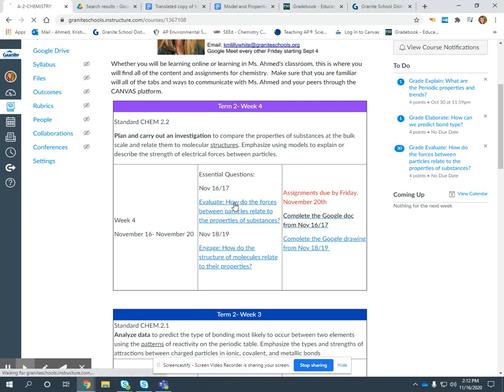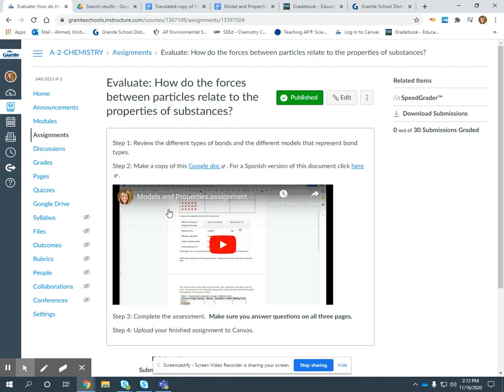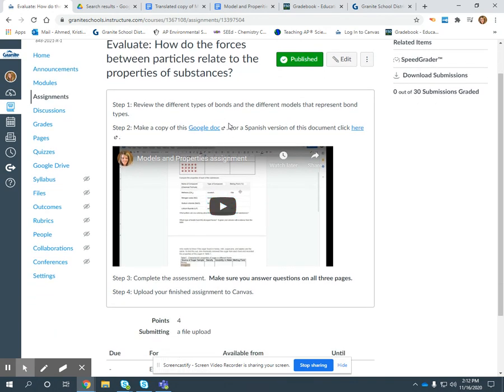In our first lesson for Monday, you guys will notice that there's not a Nearpod assignment. Your task is to download a copy of the Google Doc. If you would like the Spanish version of the document, you can click on this link. But they're both the same assignment, just one's in English, one's in Spanish. And then I've made this little YouTube video, so I recommend that you guys watch the YouTube video first. Answer all the questions in the table and all the prompts. There's 3 pages, so make sure you answer all 3 pages, all 3 tasks,